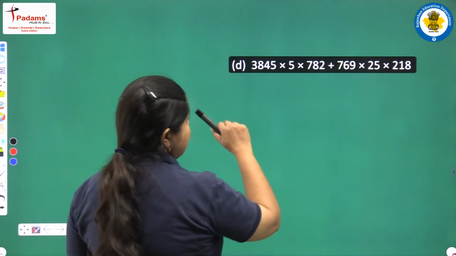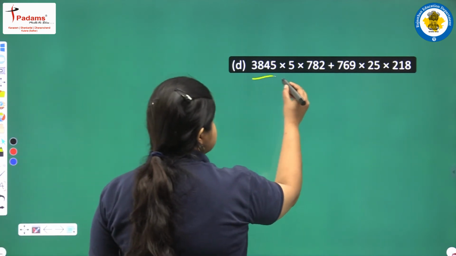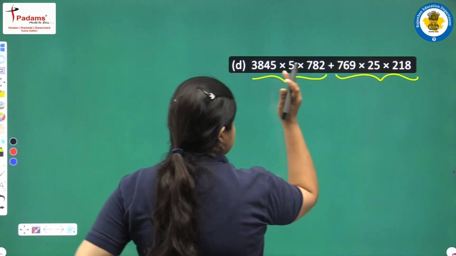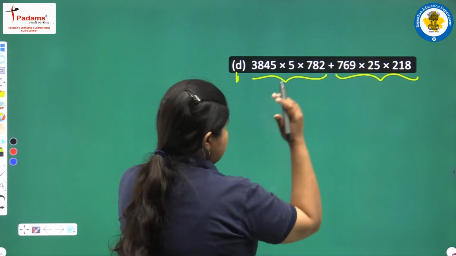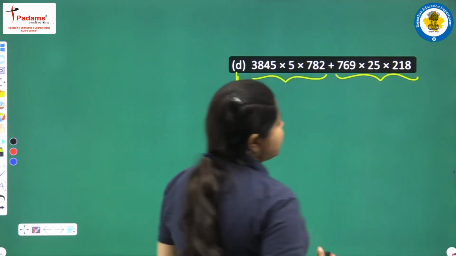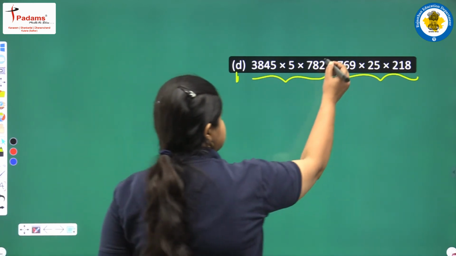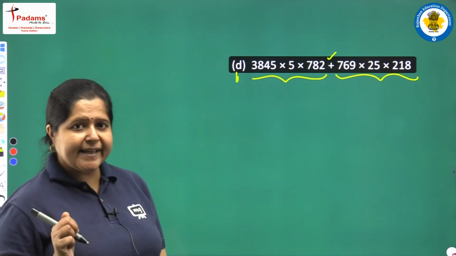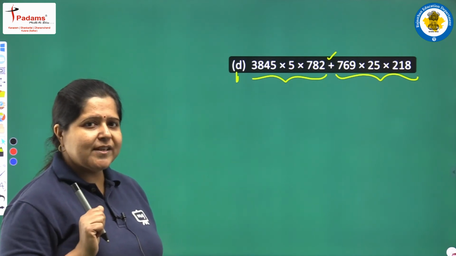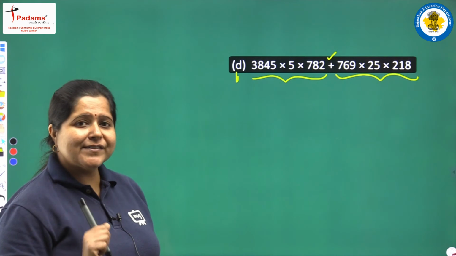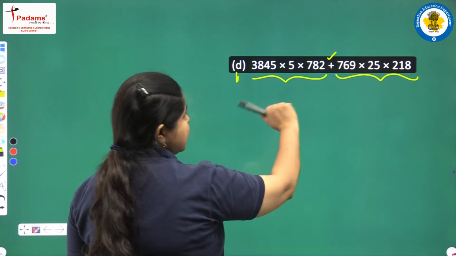Here we are unable to find any number common in both the terms. Both the terms, we mean this is the first term and this is the second term. The numbers with the multiply sign in between represent one single term, and these three numbers again represent one single term because there is a multiplication sign in between, and then there is a plus sign in between. So both multiplication and addition are being seen here. So which property can you imagine here? Again the property of distributivity. But here we are unable to see the common number in both the terms.